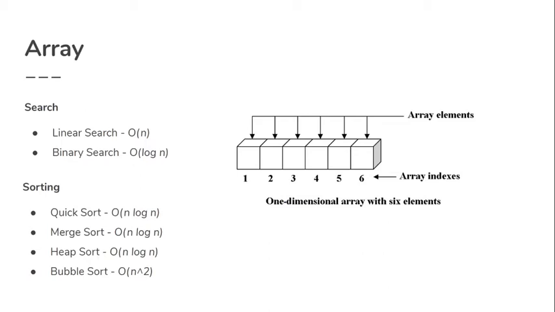In an upcoming session we will jump deep into each algorithm. For example, in the upcoming session we are going to see the first algorithm, called linear search. We will see what linear search is, what its usages are, and one example of how to implement it in a program. So this is the data structure and algorithm series. In this session we are seeing what algorithms are available for each data structure.